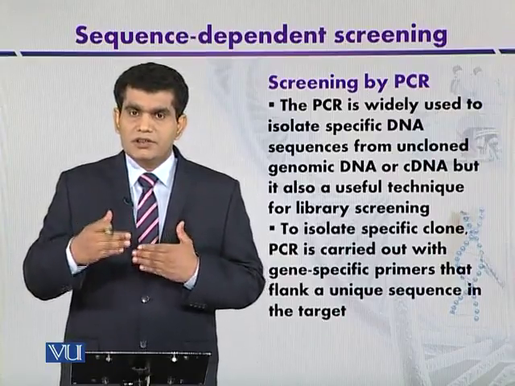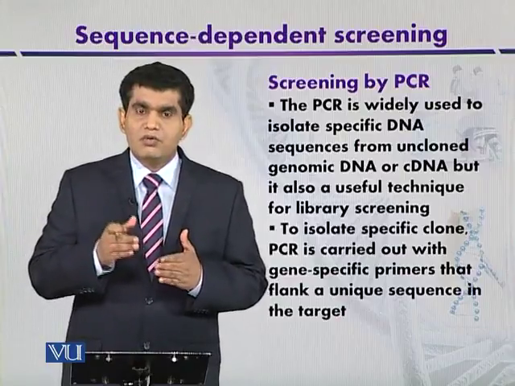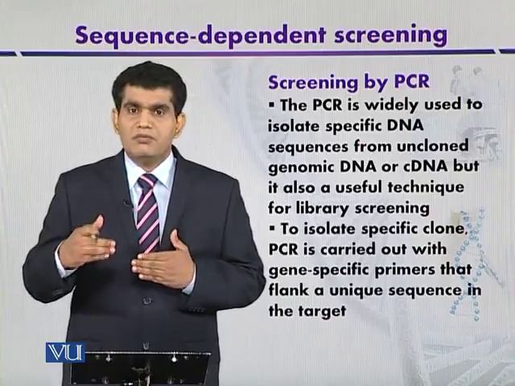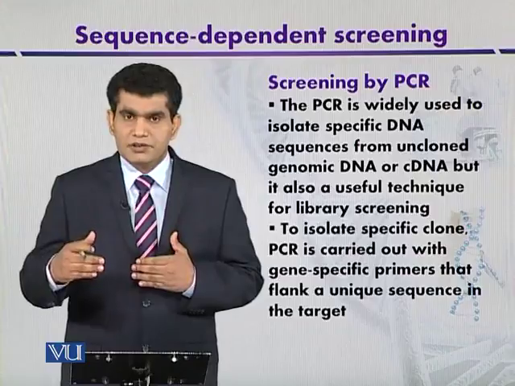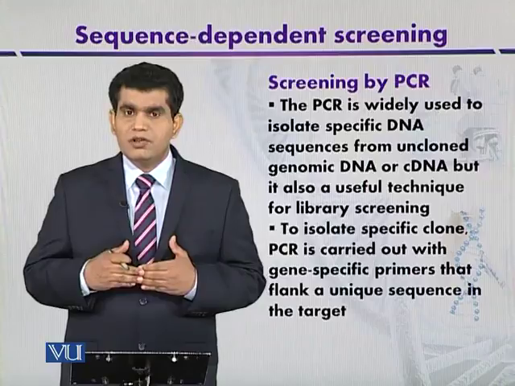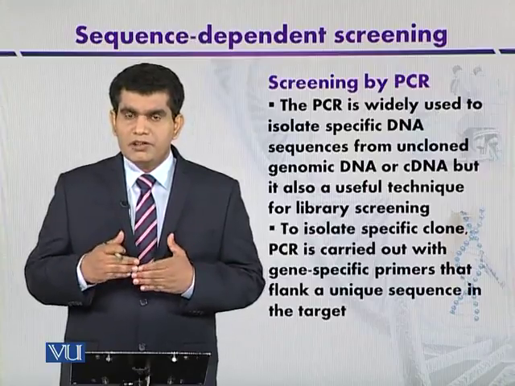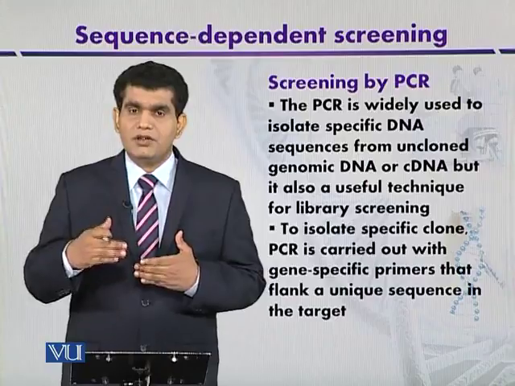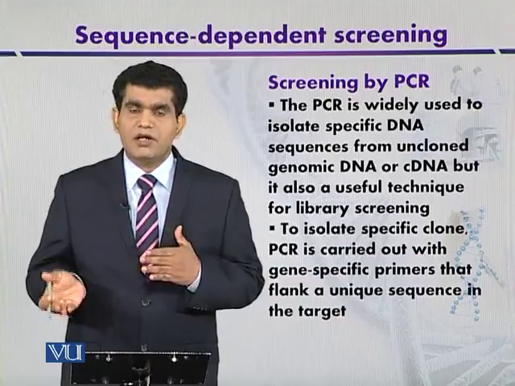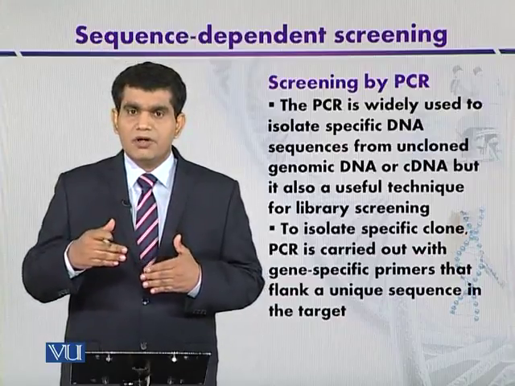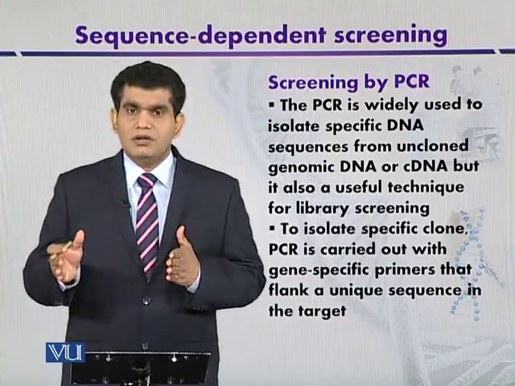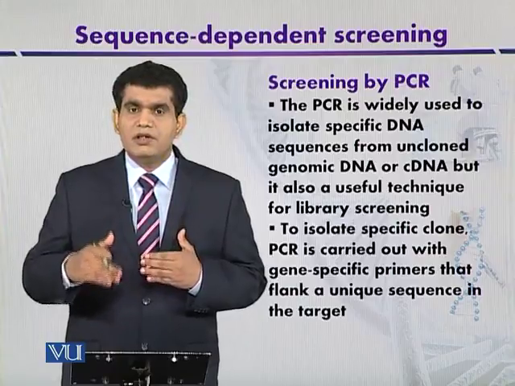So in this way, like the hybridization probe, we can also develop degenerate primers by keeping in view the sequence of the amino acids. While constructing the degenerate primers, again we must keep in mind the degeneracy of the different amino acids, and again here those amino acids like tryptophan and methionine that are coded by one codon can also be incorporated, so that low degeneracy may also be incorporated.